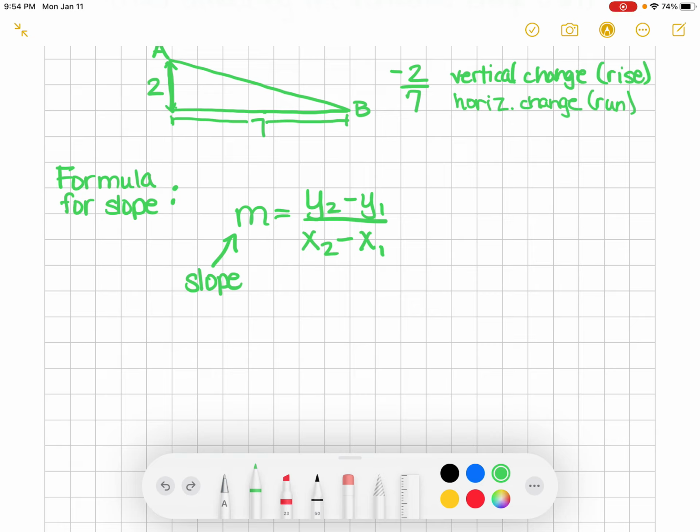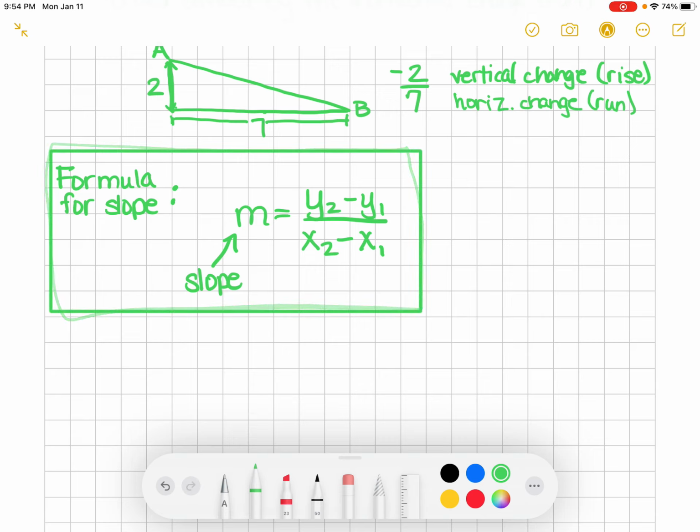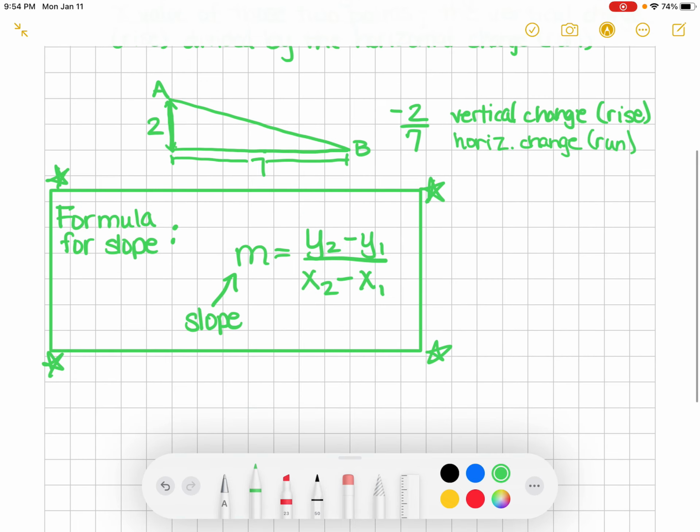Okay, so this needs to be put a square around it, maybe some stars. This is very important. We're going to be using it later on. But first, before we get into that formula, first let's talk about how I can find slope like we